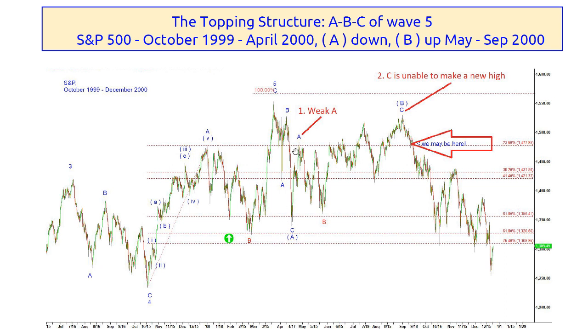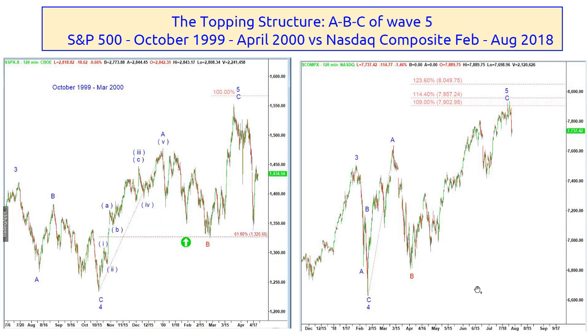And then we get again another ugly B, and then an even more powerful decline in wave C, because the majority of corrections in the bull market happen in ABC form. And you can see that if we compare that pattern to Nasdaq, S&P has a little bit different pattern. So this is why I show you back to back